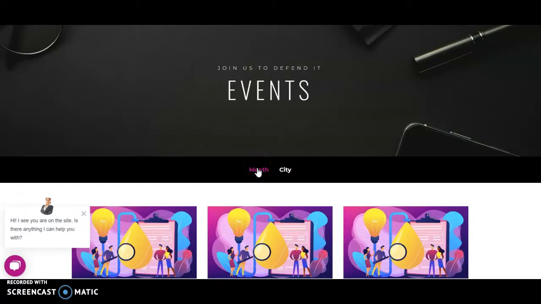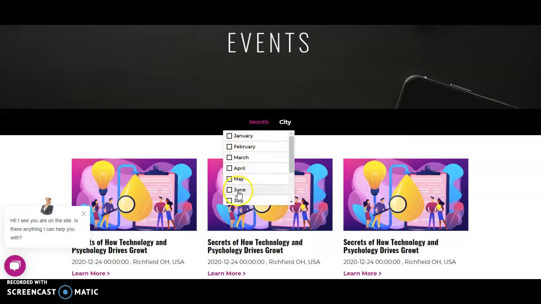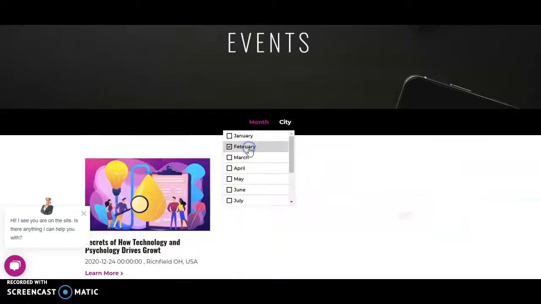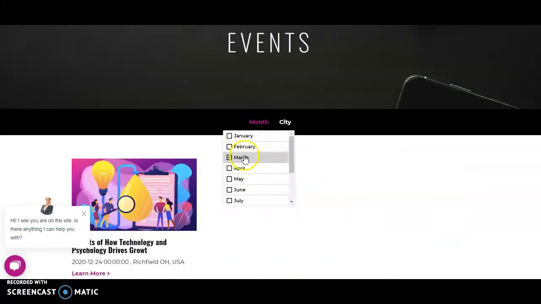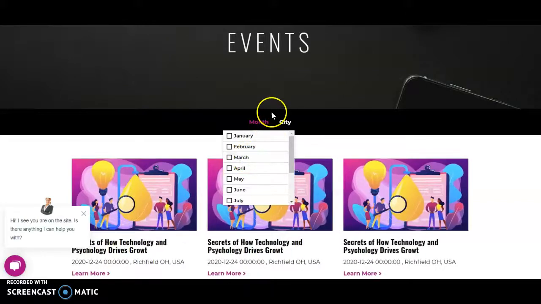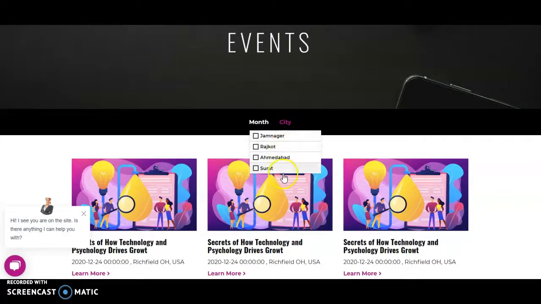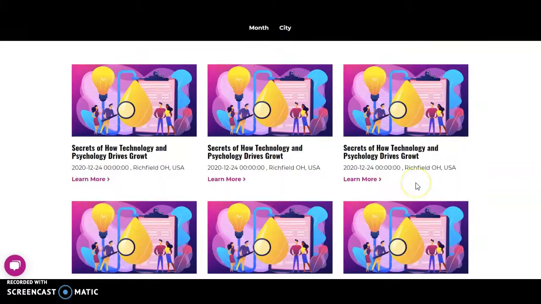Like for example, once we have a couple of events lined up, the audience will be able to filter out events by date. So let's say if they are looking for events in Feb or March, then they can filter out events by date. So that's one functionality. The second functionality was by city. We will have our United States popping up here as we create proper event listings, and they can sort out this whole dashboard on the basis of that.